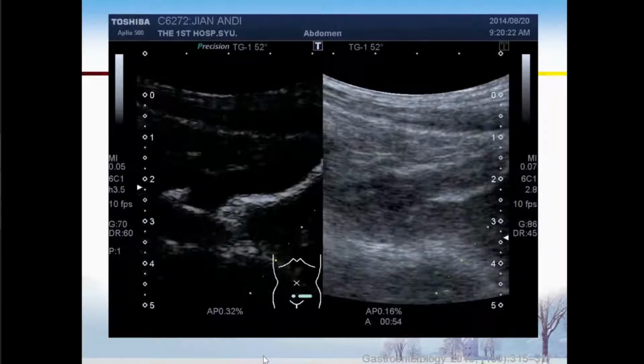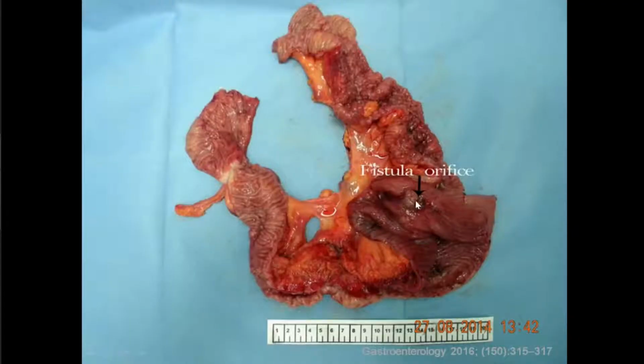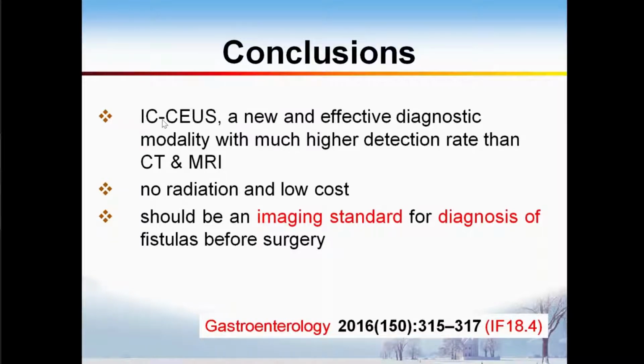During the operation we could see adhesion of the bladder and the intestine. And here is the fistula orifice. It's in here. So we can make the conclusion that intracavity contrast ultrasound is a new and effective diagnostic modality